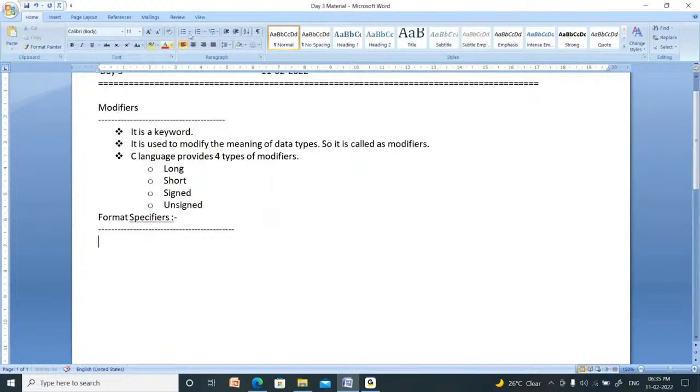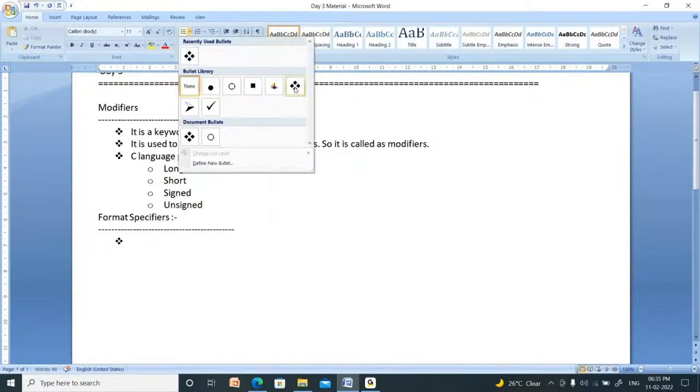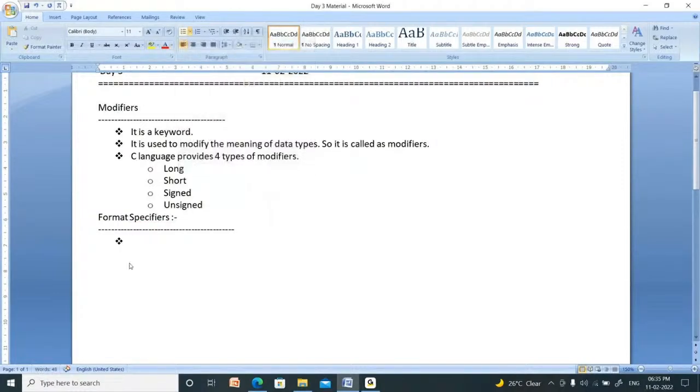Simply, a format specifier is nothing but a special character. It always starts with a percentage symbol.